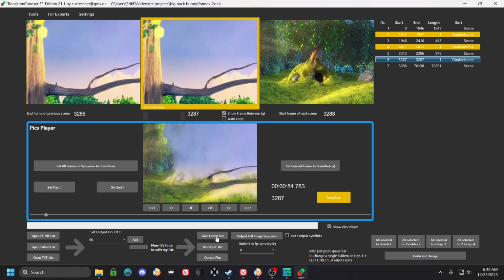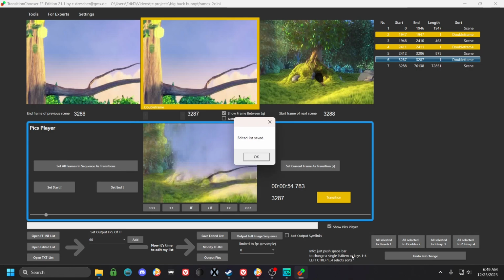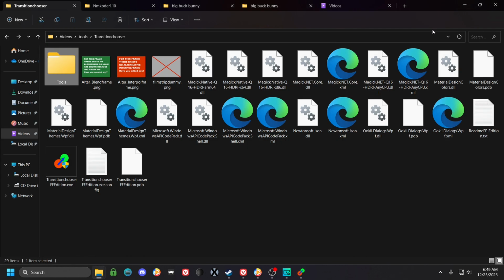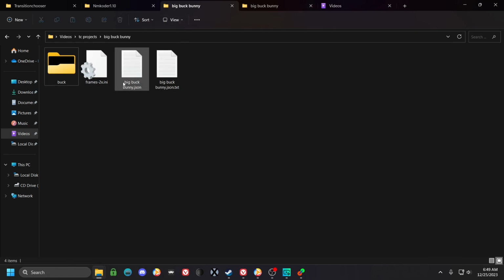Anyway, when you're done, come down here and you do save edited list. And you're going to type big buck bunny.json. Oh, not in the JPEGs folder. You want to go up one. And there you go. Edited list saved. So now you've got the .json format here. Not there. There. Yep. So now you've got this list right here, and you can input this into SVFI and